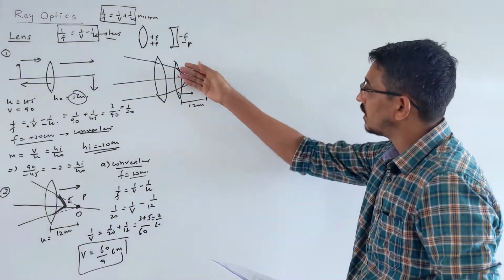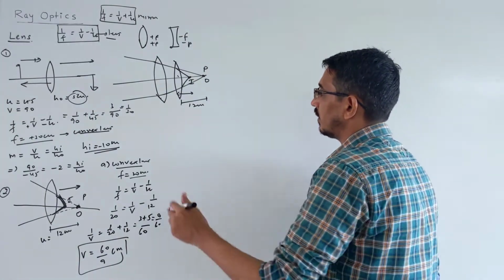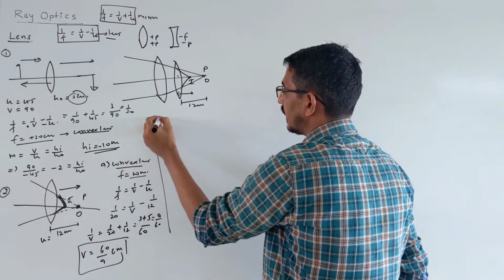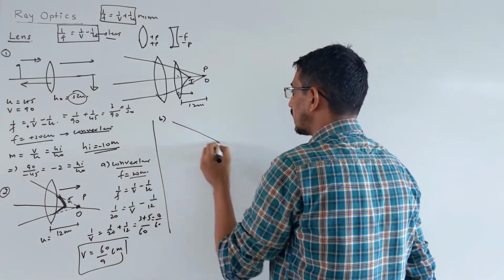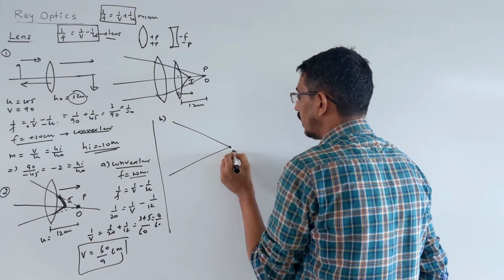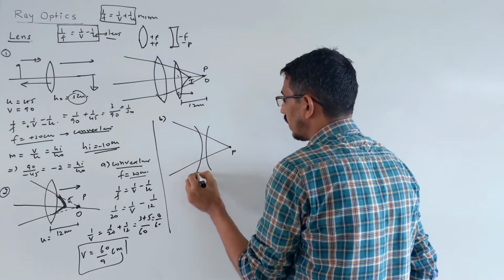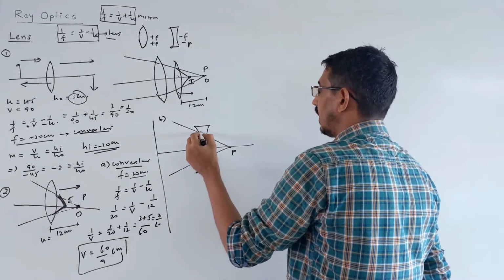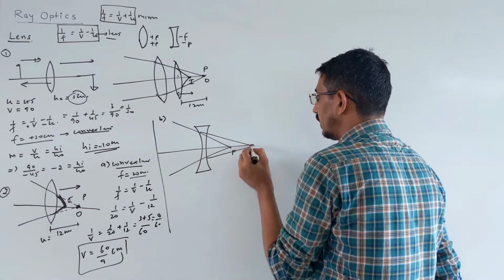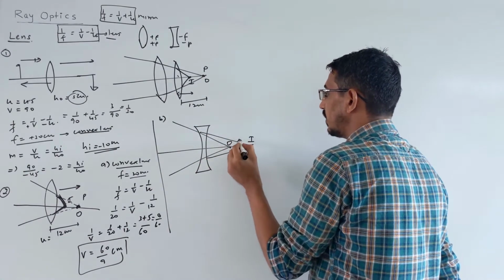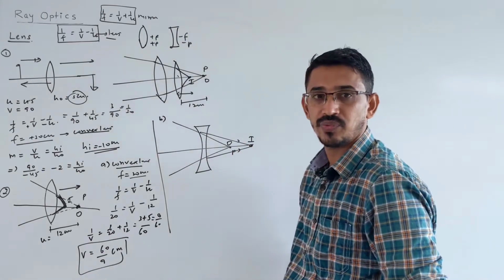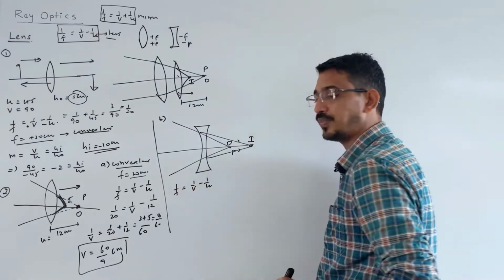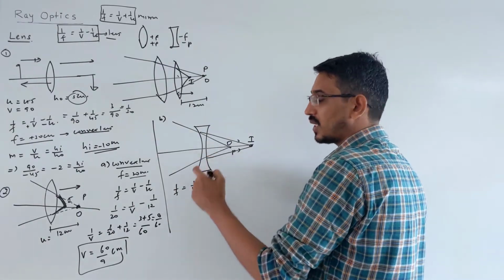Now the same question is given, but instead of this lens I put this one. Second case I am talking about, a concave lens is given. So light was converging at this point P. I put this type of lens, then you know light will diverge. Light will meet a little away, like here. So this is your object, and that is your final image. Same procedure you have to follow. We say 1 by f should be equal to 1 by v minus 1 by u.